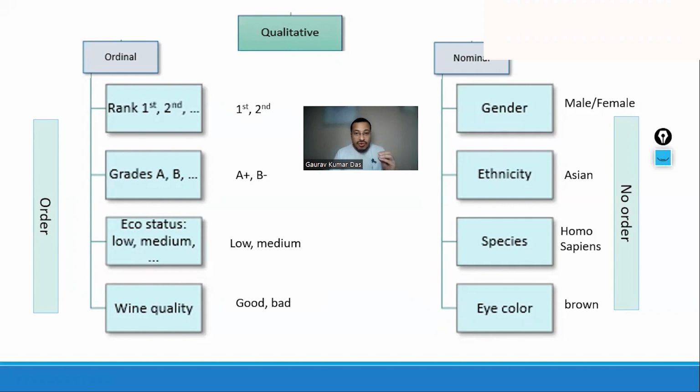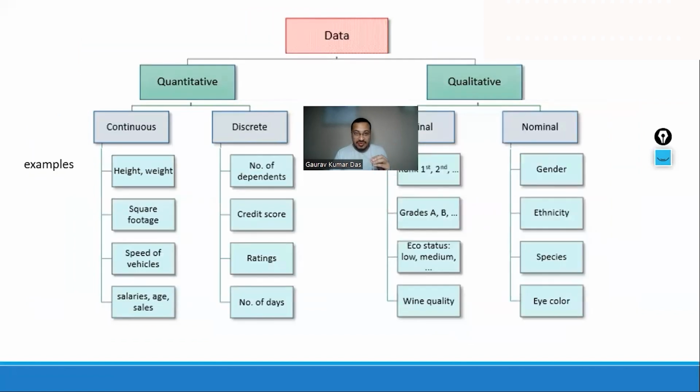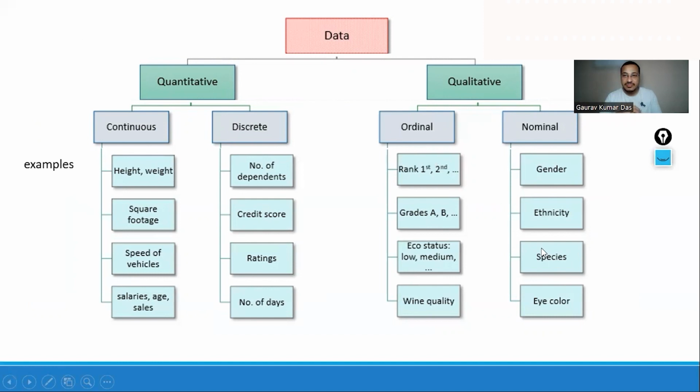Right? Based on these segregations, we use different pre-processing techniques for all these different types of data. Based on the fact that my data is ordinal, I'll probably do label encoding in pre-processing. Where if it is nominal, we'll do one-hot encoding. I'll just give an example, because all these are string type data, and before doing modeling or any kind of other predictive modeling, we have to convert it to a number. And the way we do it is by first understanding what type of data this particular column